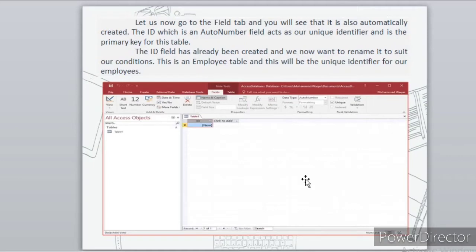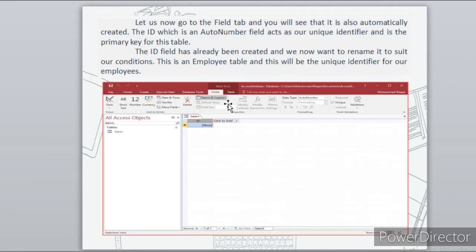The ID, which is an auto number field, acts as our unique identifier and is the primary key for this table. The ID field has already been created and we now want to rename it to suit our needs. This is an employee table and this will be the unique identifier for our employees.